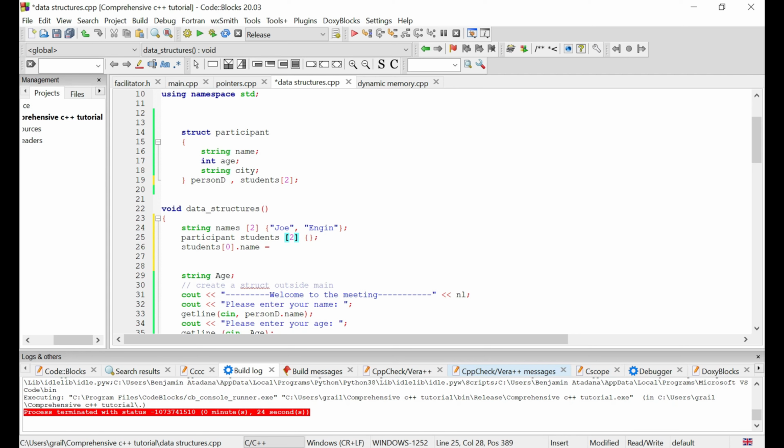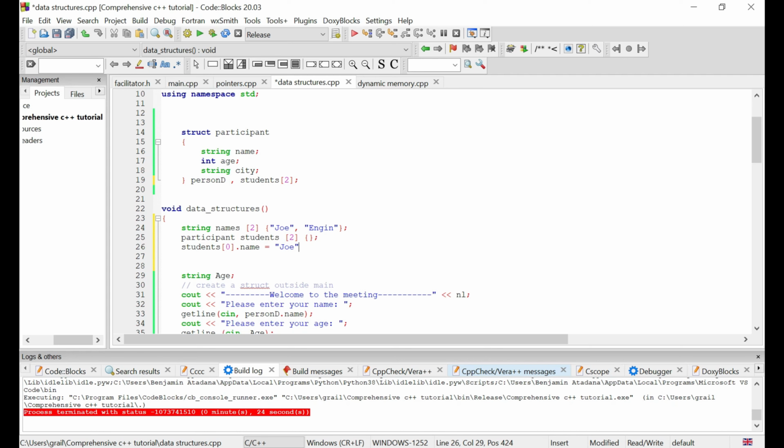It's not that the name is a separate object or a separate entity in students. One object under students should have a name, age, and city. So that's why I'm not entering that information here. So I'll come down here and call the object students, and then put this index over here, .name is equal to, let's say,